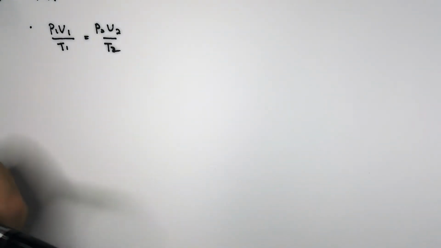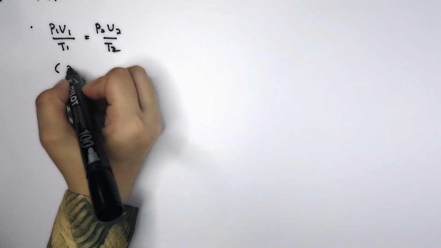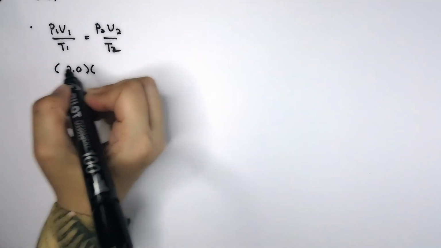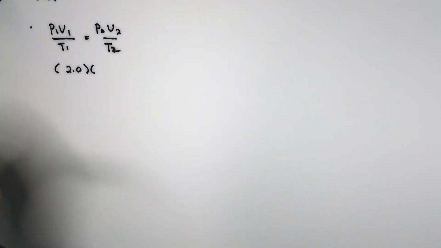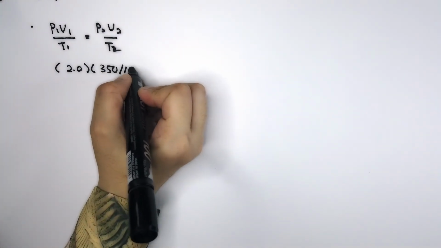Right. So in the question, you were given the initial pressure. So the initial pressure is 2.0 atm and the volume is 350 ml. So 350 ml should be converted to liter. So 350 divided by 1000